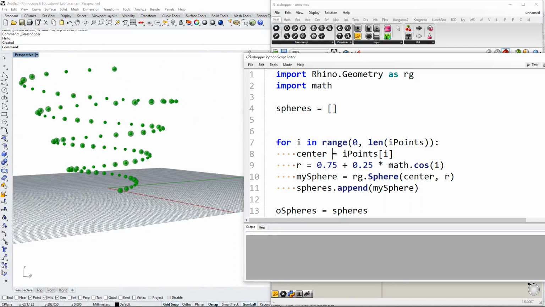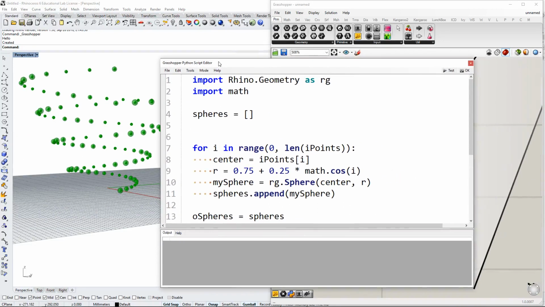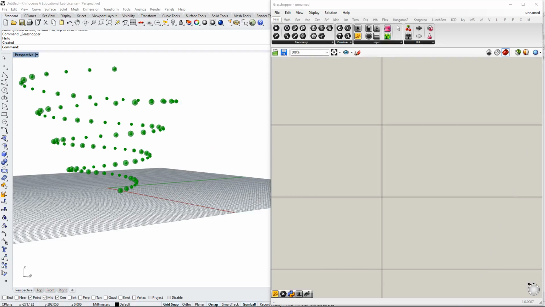A cos wave actually, okay. But anyway, the particular math is not the main point here. It's just some quick way to vary the value of i, to vary the value of the radius, okay. Anyway, so